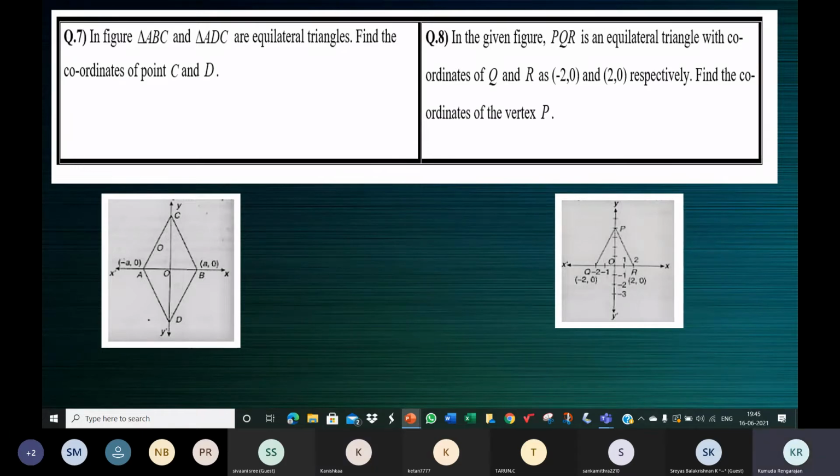Ma'am, A and C, there's 0, what does that mean? AC, like this one. What is that? Let me just check. In the given figure, find the coordinates of. Oh, that should be taken away from there. This doesn't make sense at all. So A, B, C, D, O, and then. No, this doesn't make any sense. Just take it away from here. Ignore this.